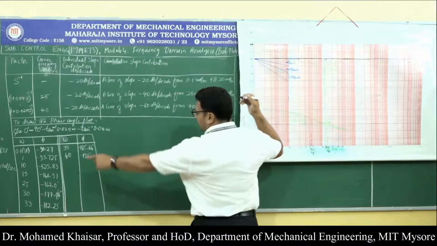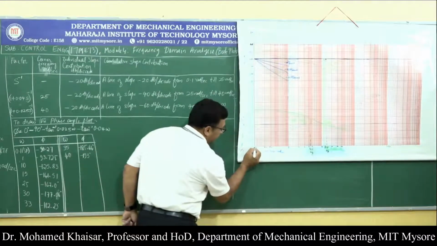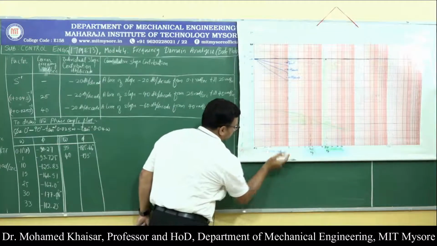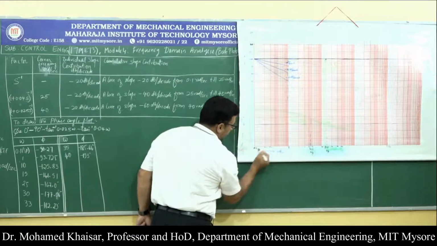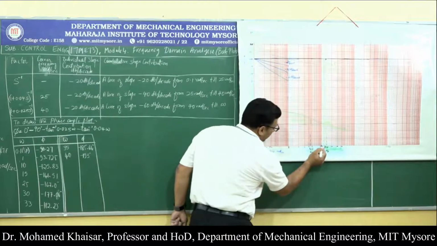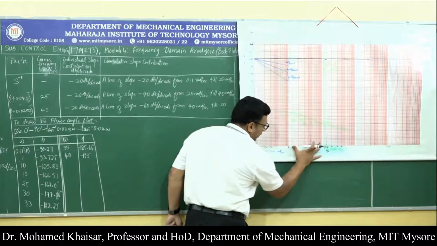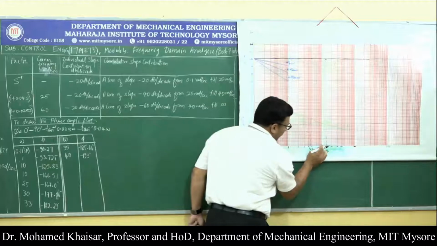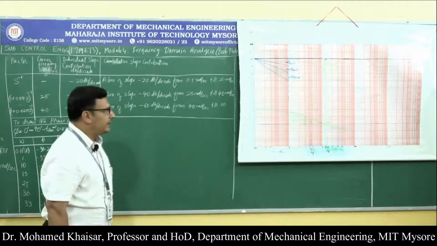Now, the starting point. At 0.1 radians per second, the x-axis starts from 0.1 radians per second. This is called 1 decade, from here till here. The value that we write over here will be 10 times the value that we wrote in the beginning. And then from here, the value that we write will be 10 times the value at the start of this particular block. That is why it is called a decade.